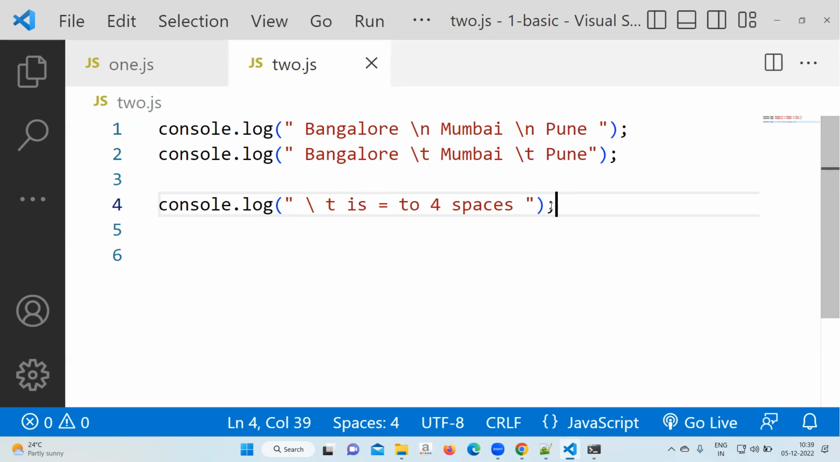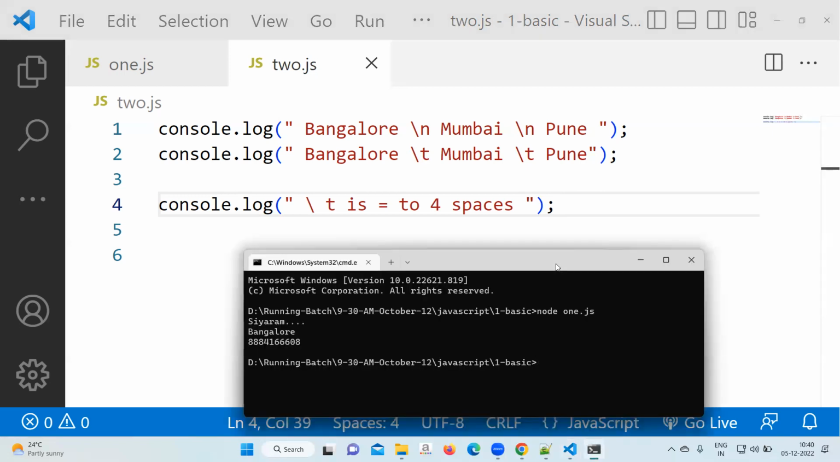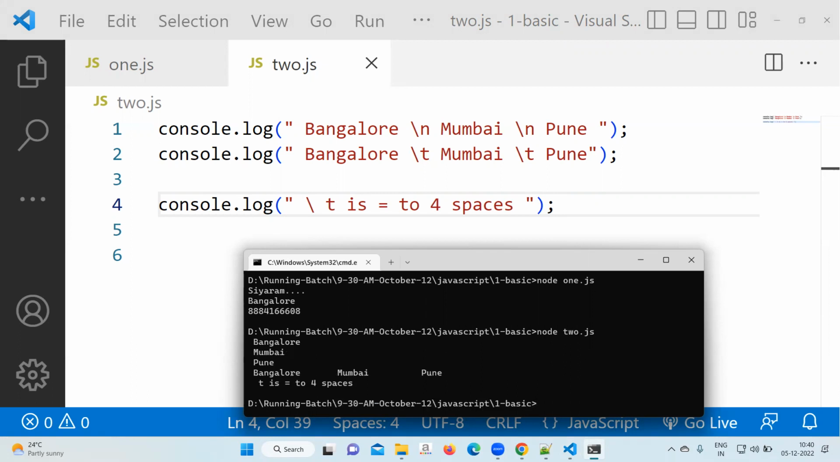From the computer, once you press the tab, what will happen? You will get much space together, that is equal to 4. So through the code, you can use \t. Now, again, how will you run? Your wish, go to the terminal or the new terminal. From there, you can write again node space your file name, 2.js. You will find